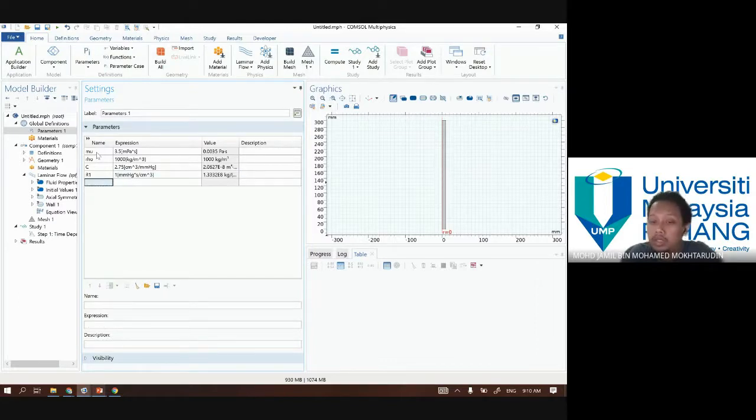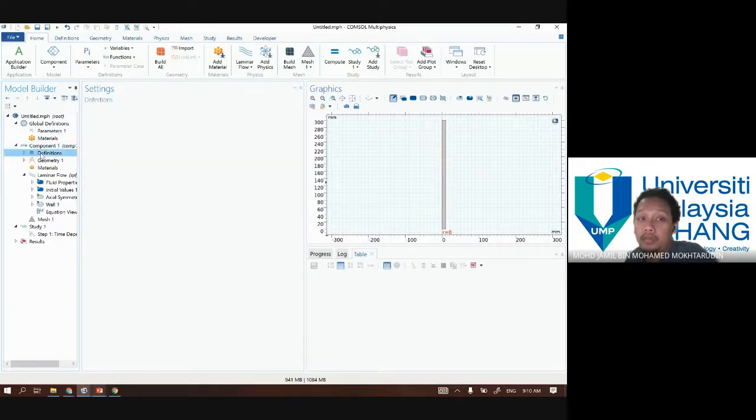And also the maximum value of the inlet pressure. When we have defined all of these parameters, then we can start defining the